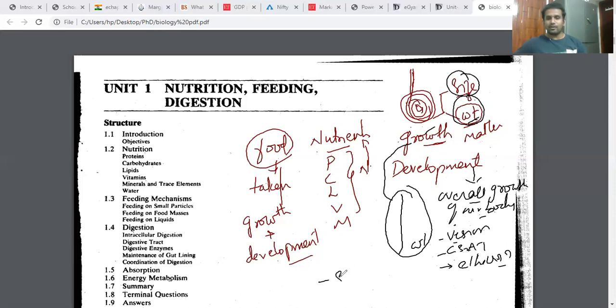And development of secondary sexual characters. This is also very important. All these are a part of development. That is why I am saying that growth and development are different. If your diet is missing any of these things, then obviously we can confirm that you may be growing but you are not developed. You may not grow but you are developed.